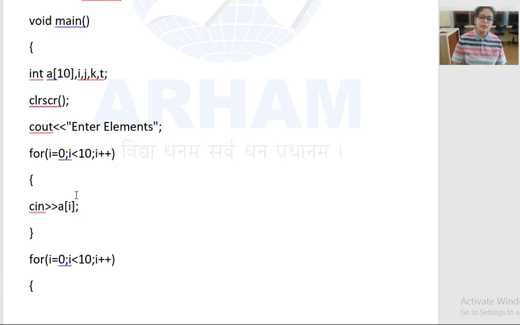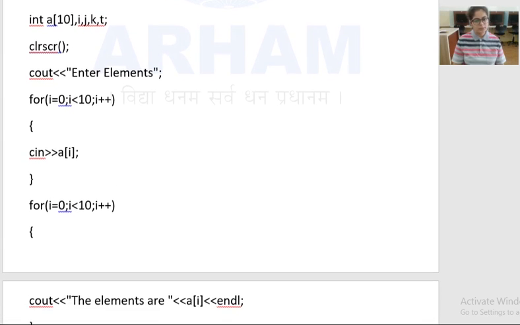So students, at this step what we have done is we have just printed the message on the output screen that says enter elements, and as now we have to enter 10 elements, for this we have to apply the loop to enter the 10 elements. Now we have to give the value of each element. For this we have applied this cin statement: cin, enter the value of array at the ith element. So curly bracket close. So with this we have given 10 numbers.